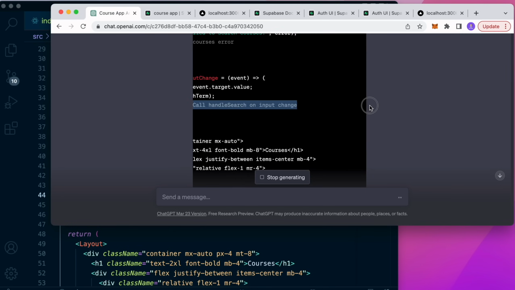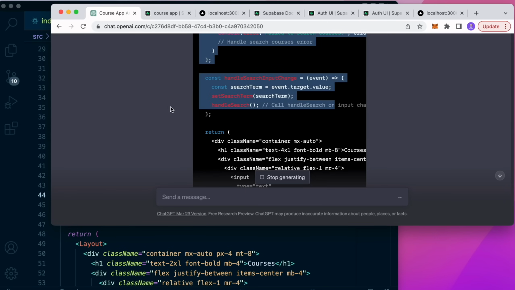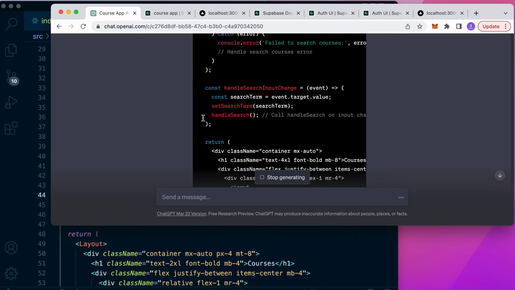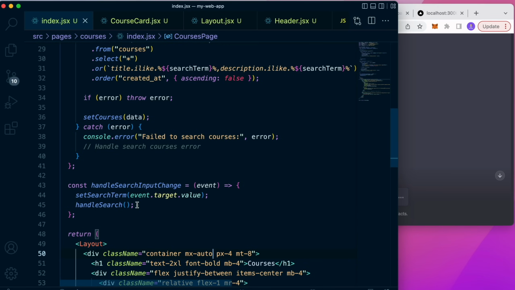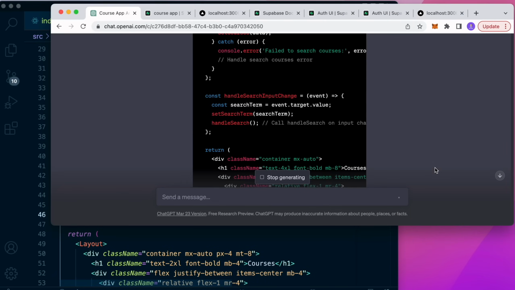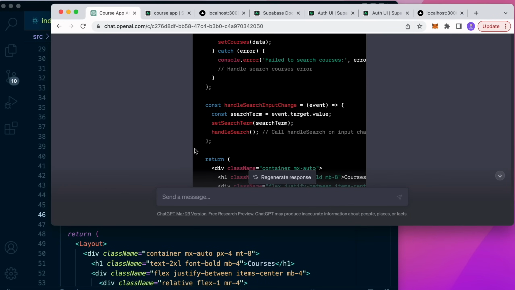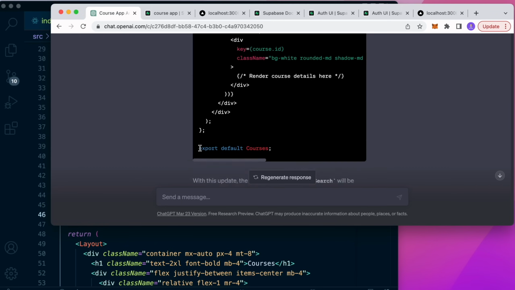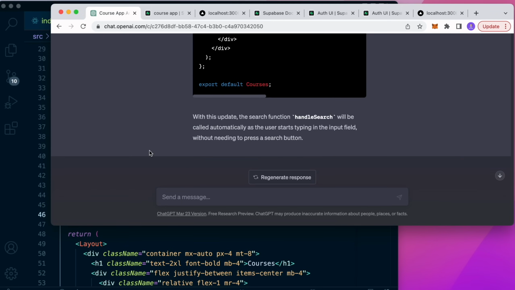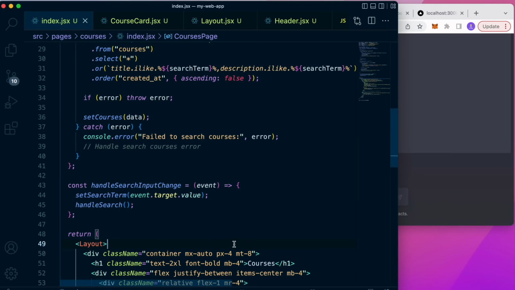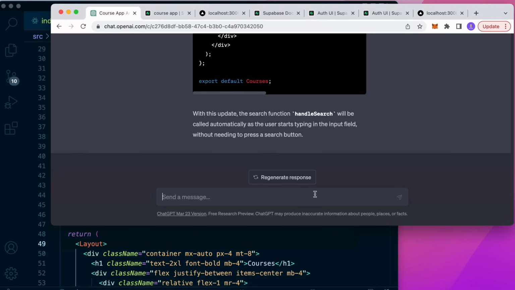Call handle search on input change. Yep, it's doing the same thing like I did. It added the handle search here. But with the update, okay. Let's see. Search. If user clears